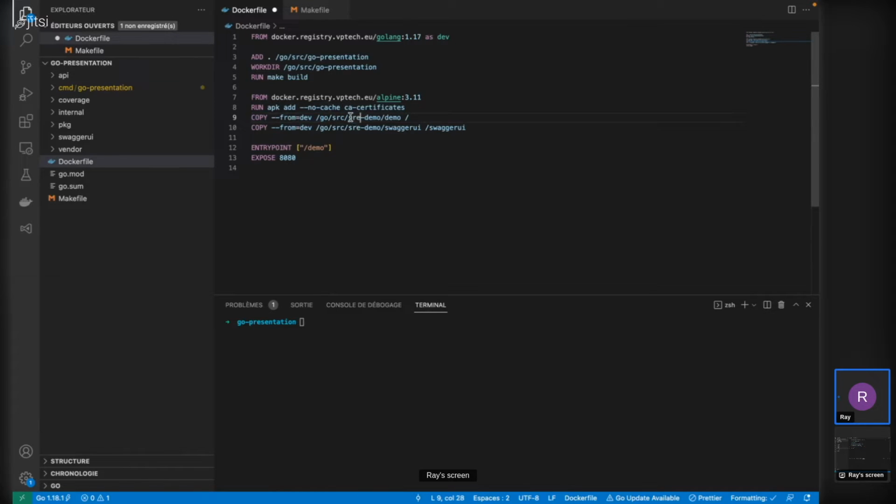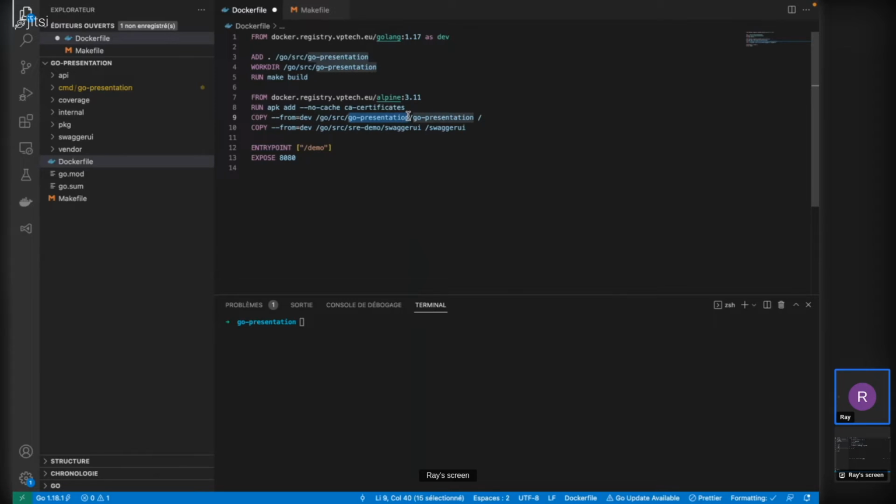Then I will copy, so this I have to change, Go presentation. I will copy the binary I have previously built at the root of the Docker image here.